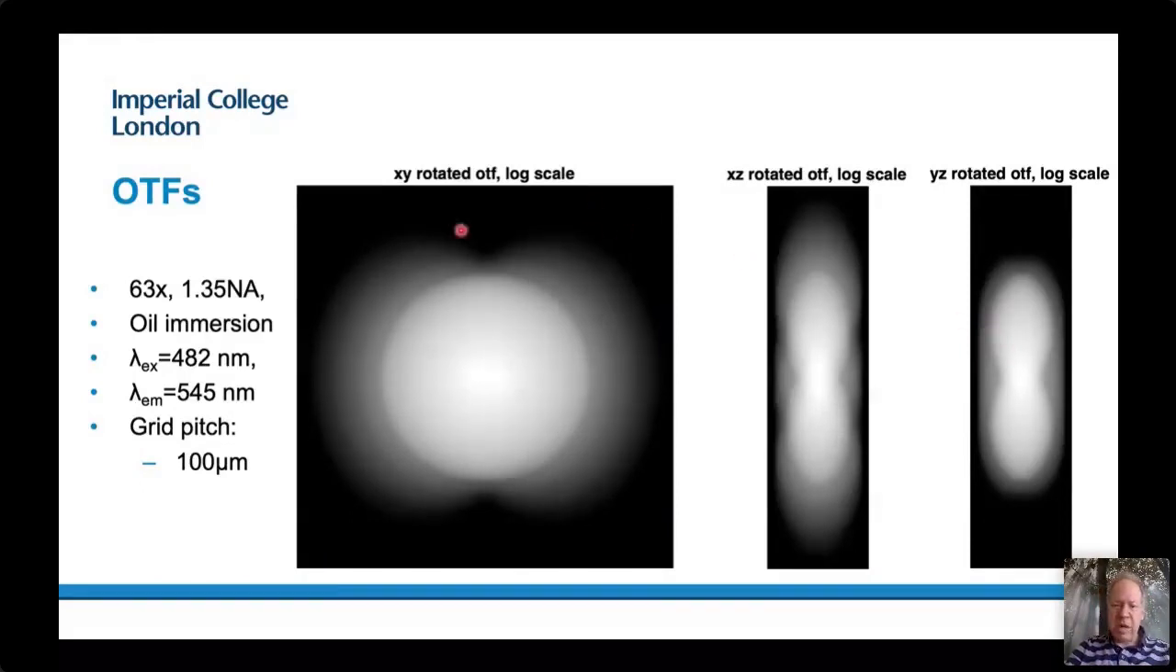So these are cross sections through that 3D OTF. In the future simulations here, I've stuck with a 63 times 1.35 NA oil immersion lens, excitation at 462, and emission at 545, and on our system